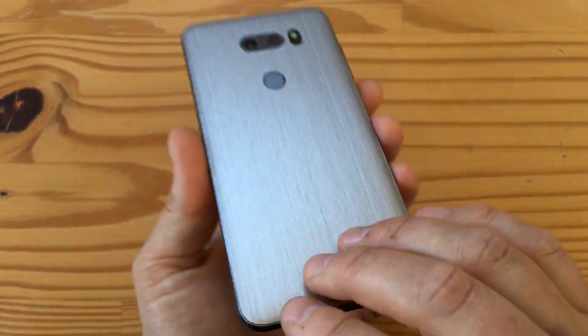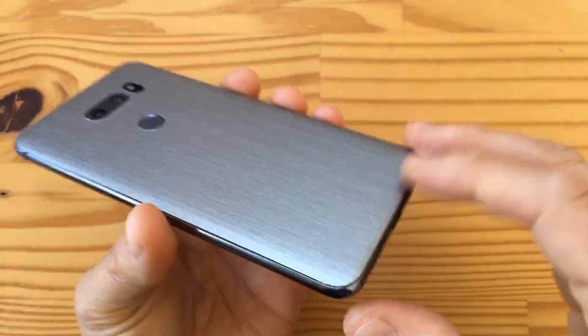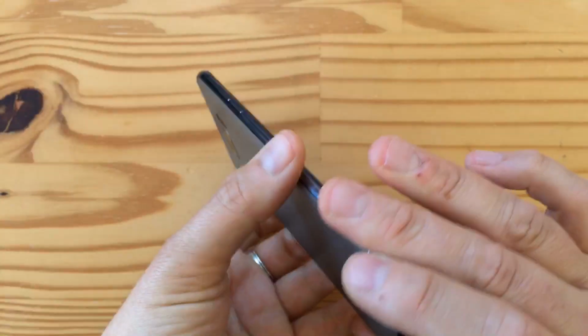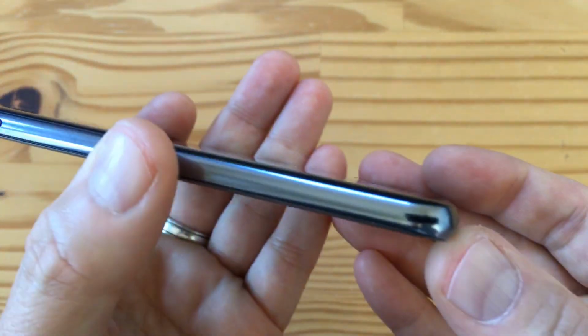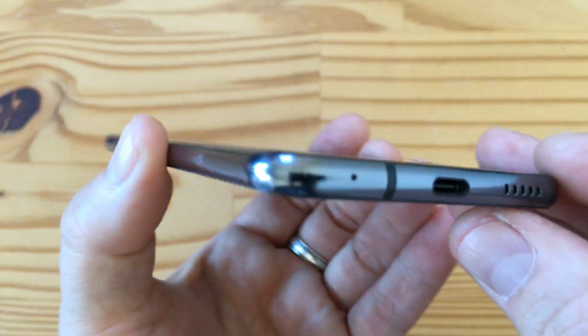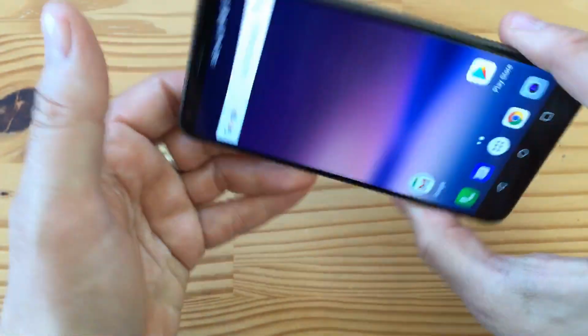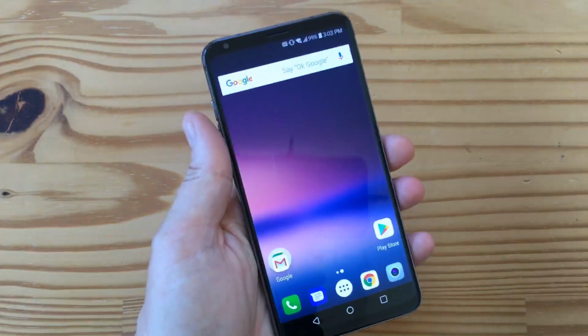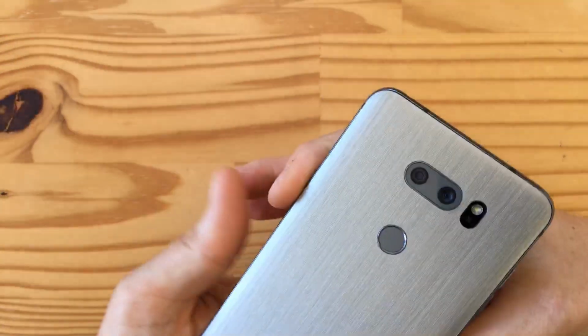So I want to say thank you to DBrand for sending me that skin and letting me fix my mistake. Between that and the little polished spot right here that I fixed up, we've got a phone that, as you can see, is cosmetically pretty clean still and pretty good. There's no other damage anywhere on the phone. Front is perfectly fine. So there you go. So that's the cosmetics of the V30S